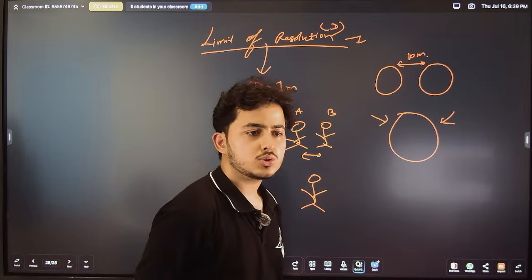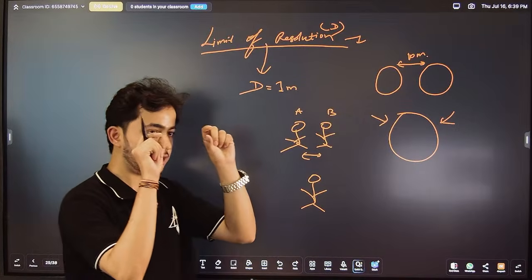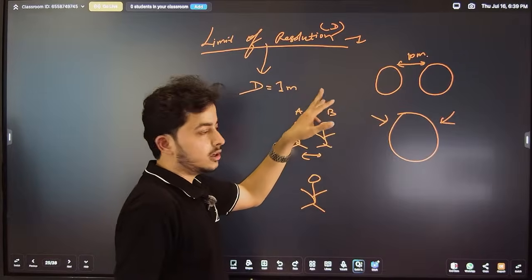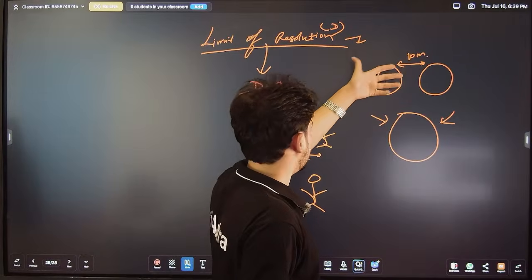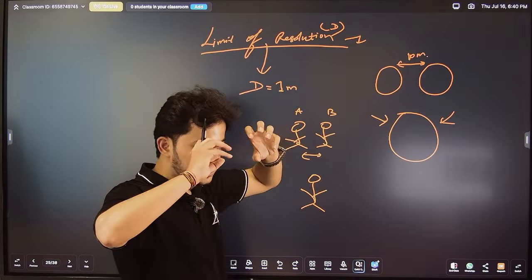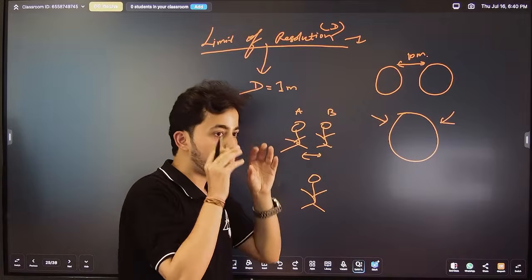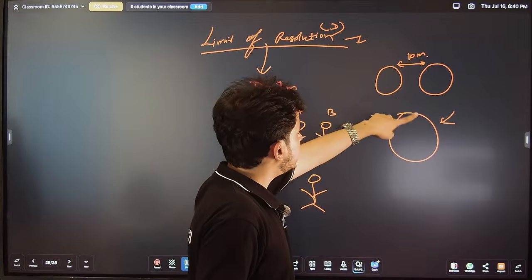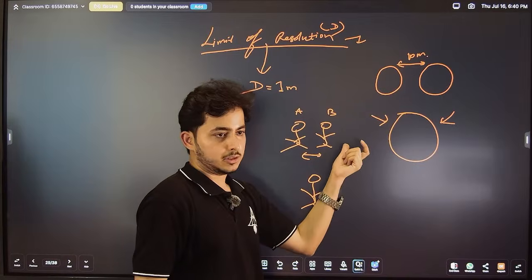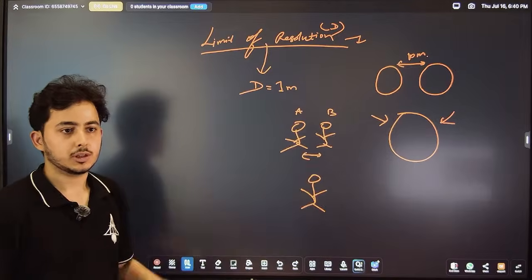No, it is not used to capture two objects, but to observe them. Let's say you are seeing two cells. If the limit of resolution of your microscope is 1 micrometer, but the cells are 10 micrometers apart, you will see the two cells as separate entities when you look into the microscope. But if the cells are very close, let's say they are 0.5 micrometers, then you will see a single cell. You can't distinguish it. Is it clear?